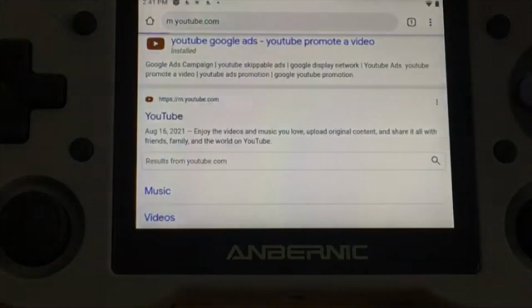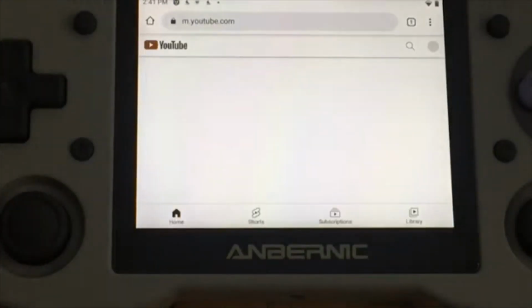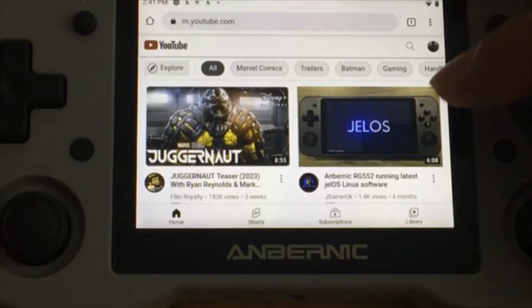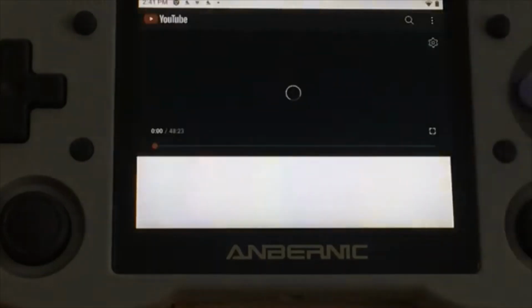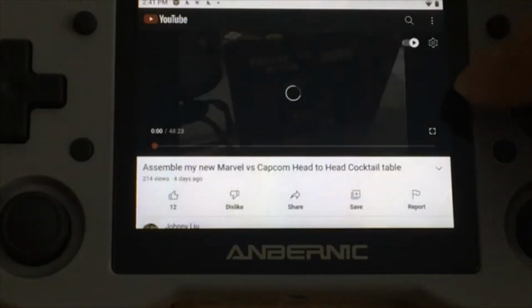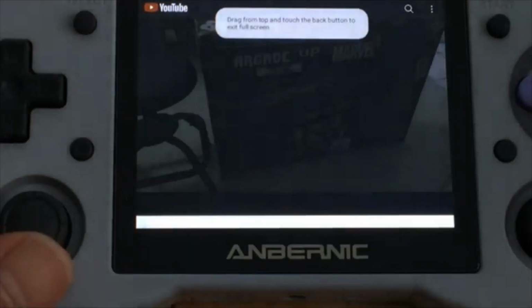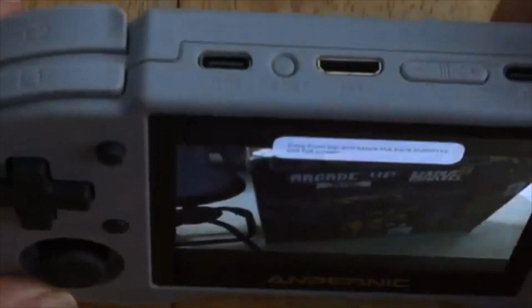I have installed YouTube apps, so it's trying to open up YouTube apps. Okay, so here you could just go in and click on the video, and it will play, and you could do full screen. All right, and then you could turn it up louder,